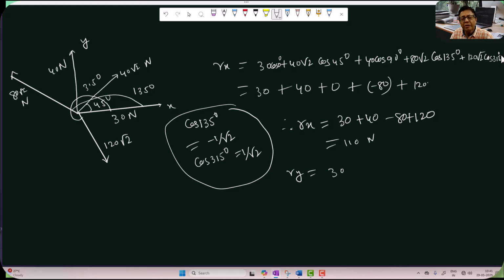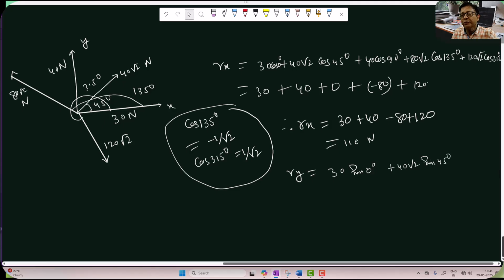We are resolving all the forces along x-axis first and then along y-axis. Okay? 30 Newton, the horizontal component we got. Vertical component will be what? Because it makes 0 degree with x-axis. 30 sine 0 plus